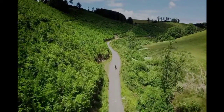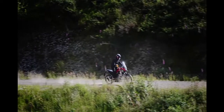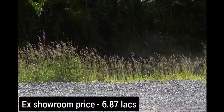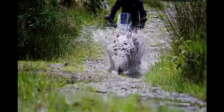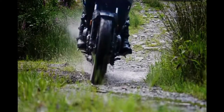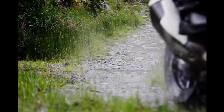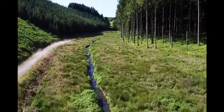Today we are going to talk about the Honda CB500X, which is recently launched in India with the price tag of 6.87 lakhs ex showroom. So let's talk about this bike and we will discuss what all the features we get in the bike with this price tag. Along with this, we will discuss is this worth buying in India with 6.87 lakhs, where the